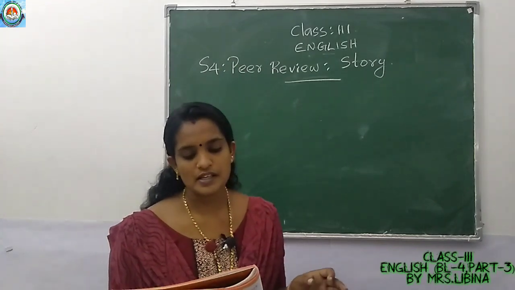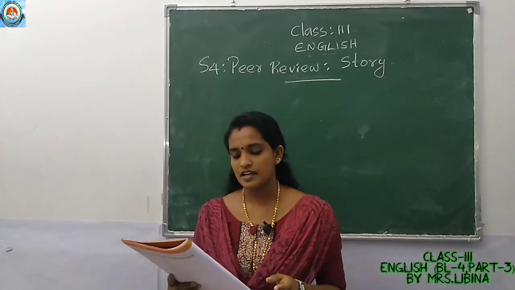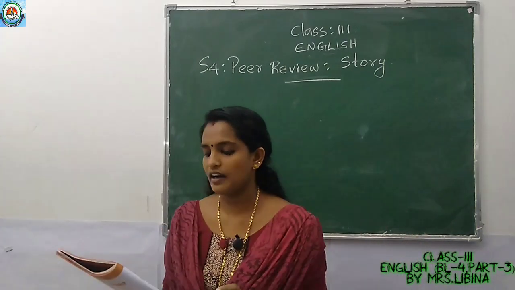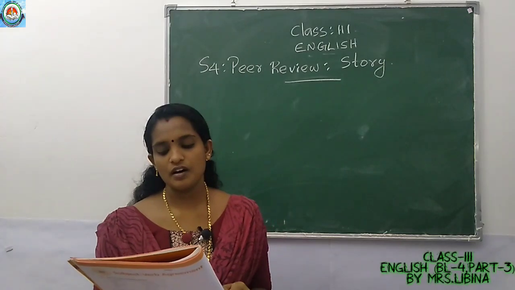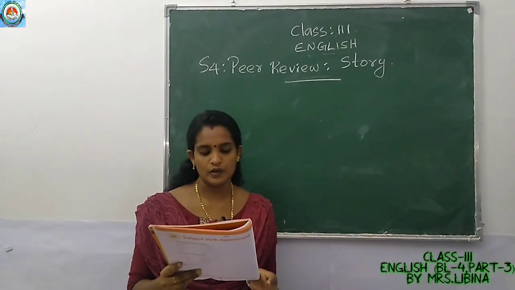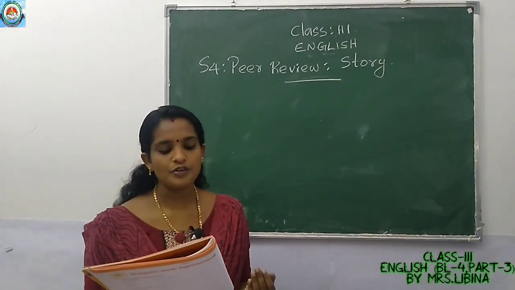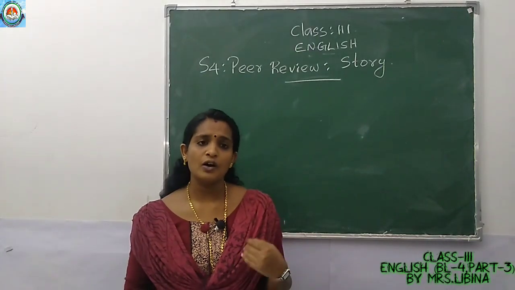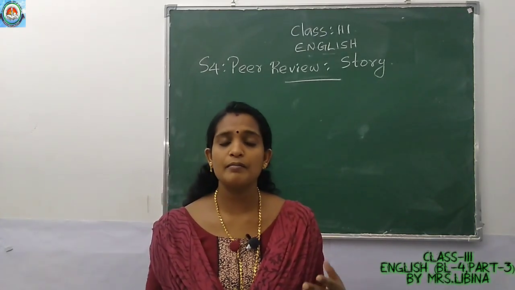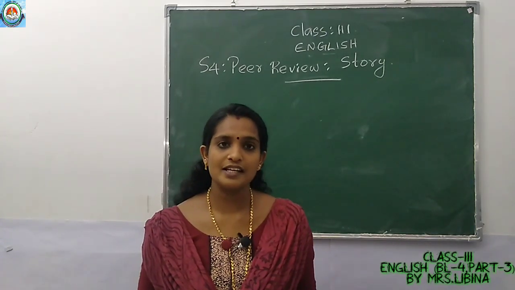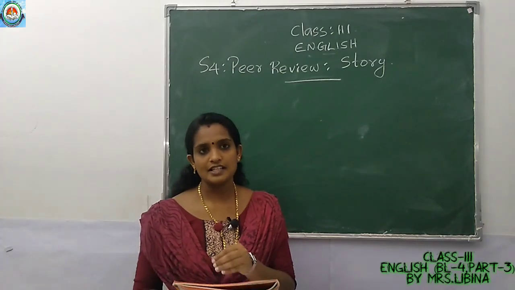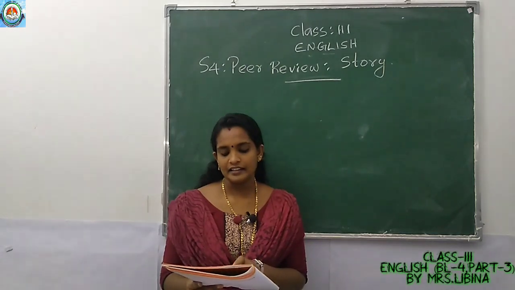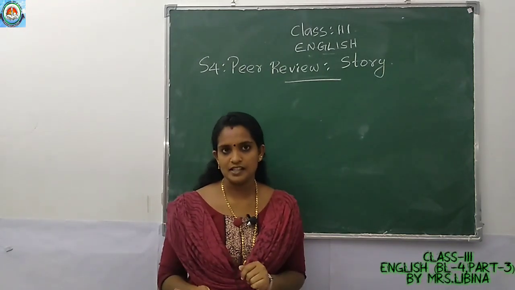Does the story use subjects and verbs correctly? Which are the verbs, subjects and verbs you have used? Write it according to this one. Subject with S or ES verb, subject without S or ES verb. Write at least one idea how to make the story better, ideas to make it better. After reading your story, you may feel, oh, I have to add some more events, then my story may be more interesting. In such a way, whatever the suggestions you have to write it here in the column of ideas to make it better, okay.